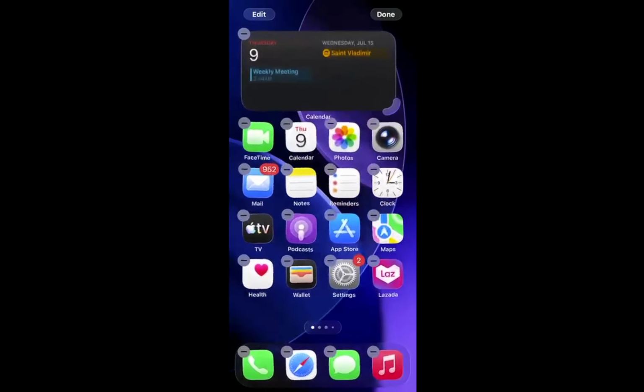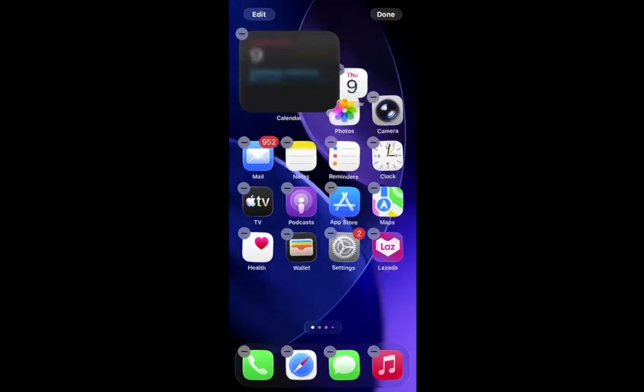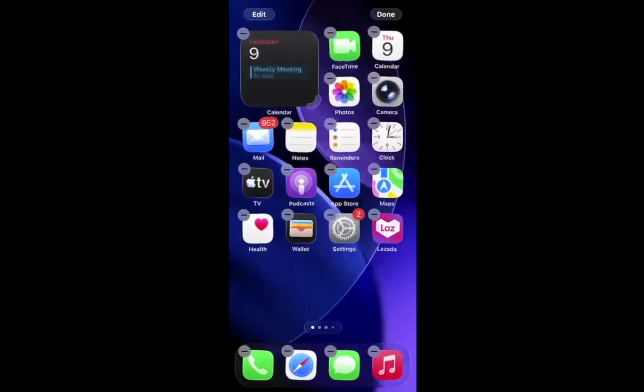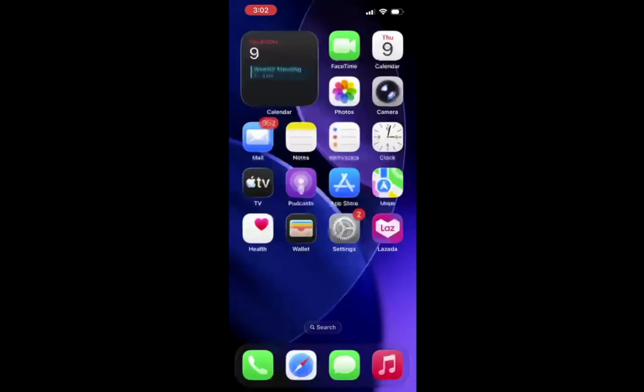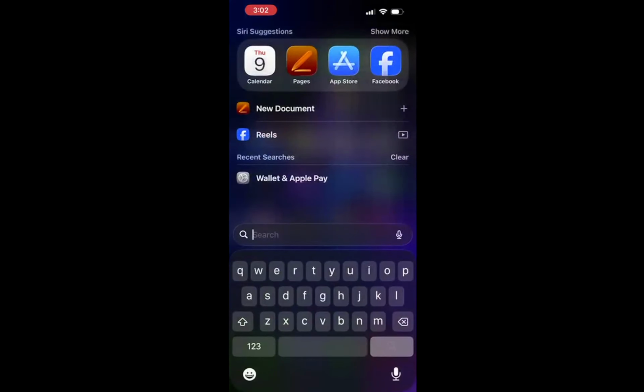Once you have chosen the size, tap Add Widget. This action confirms your selection and initiates the process of placing the widget on your screen. You will see a preview of how it will look, which makes it easier to visualize. This confirmation is a crucial moment as it solidifies the changes you are making to your device. You can feel reassured that you are on the right path to enhancing your home screen functionality.